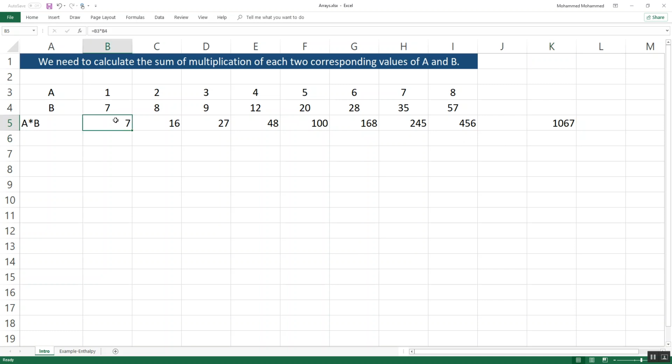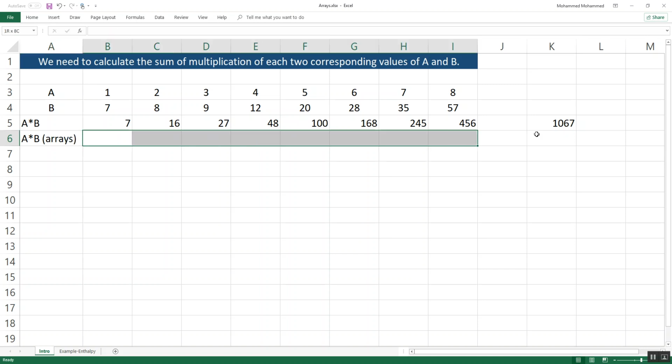So to do this we did one step to calculate the multiplication of the first, then dragged to calculate the multiplication of each cell in the series, and then the third step is to do the addition. Actually we can do this in an easier and quicker way using the array calculation. I'm going to show you this in two steps. The first is to do the calculation of all these values in just one step instead of calculating and then dragging. So I'll do here A multiplied by B and say arrays,